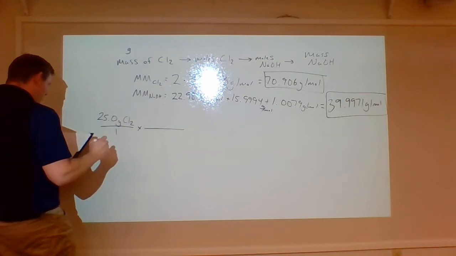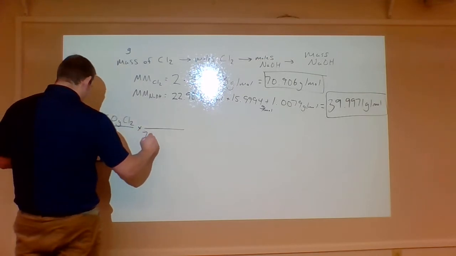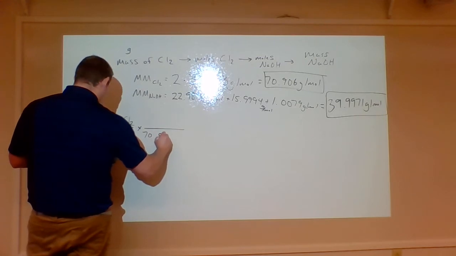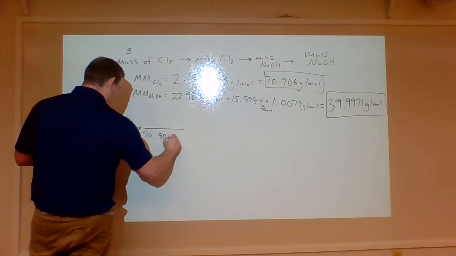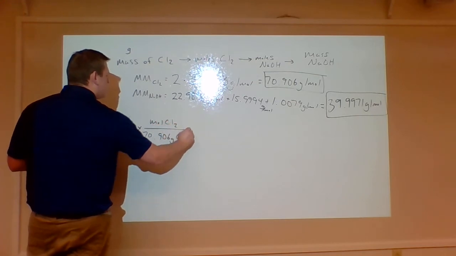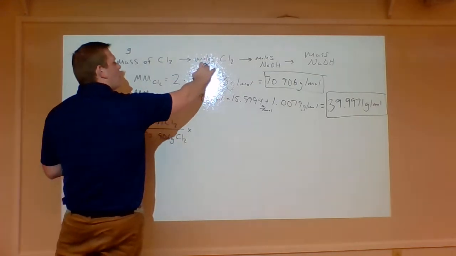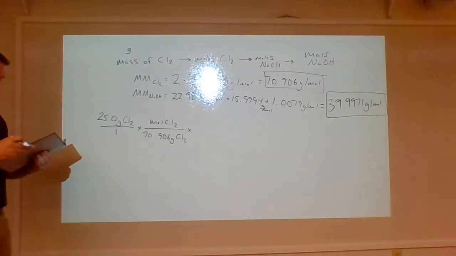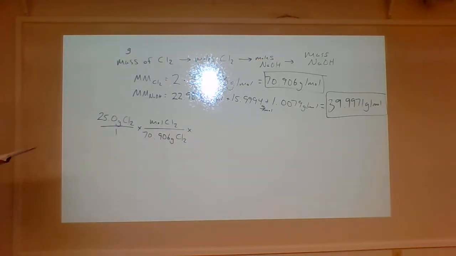So we're going to convert from grams to moles. So we have 70.906 grams of Cl2 gives us 1 mole of Cl2. Now we want to convert our moles of Cl2 to moles of NaOH. And to do that, we refer back to the